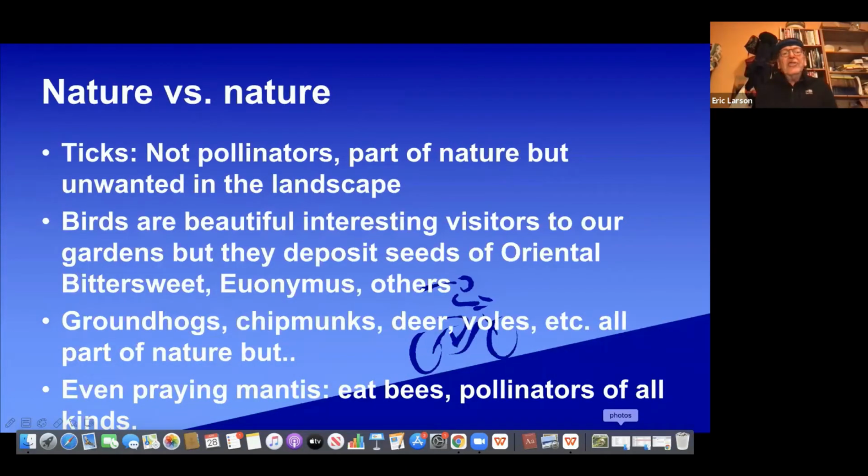So, nature versus nature. Okay, here we're looking at ticks. What the hell? They're not pollinators. They are part of nature, but we don't really want them in the landscape. Now, I know some people who use peahens to control ticks, and they do a wonderful job. But you have to live in the right place, and you have to protect the peahens from foxes and other